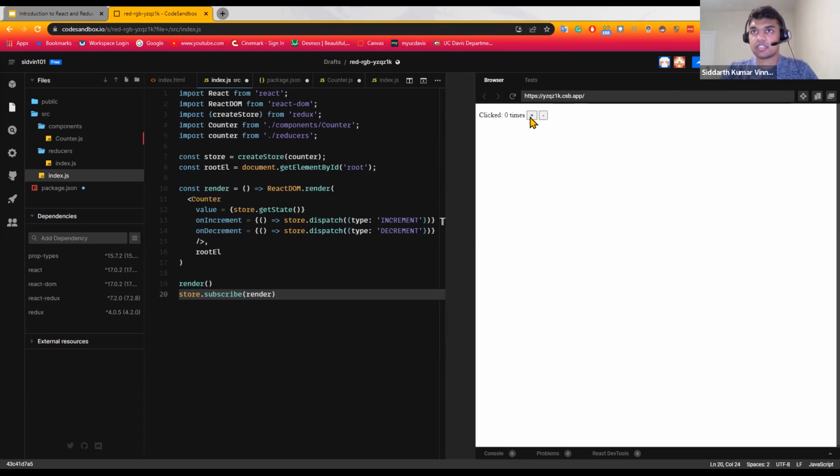And now the moment I press plus, it's counting, it's clicked by 1. I can click it as many times as I want, and it's going up. And if I click minus, every time I click it, it's going to go down. And thus, using React and Redux, we were able to create a basic counter. Any questions? Yeah, sorry if it went a bit too fast there, but hopefully